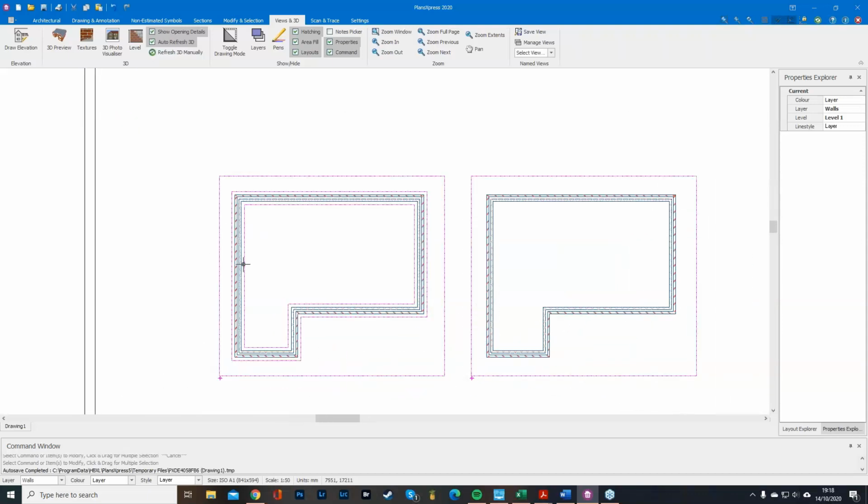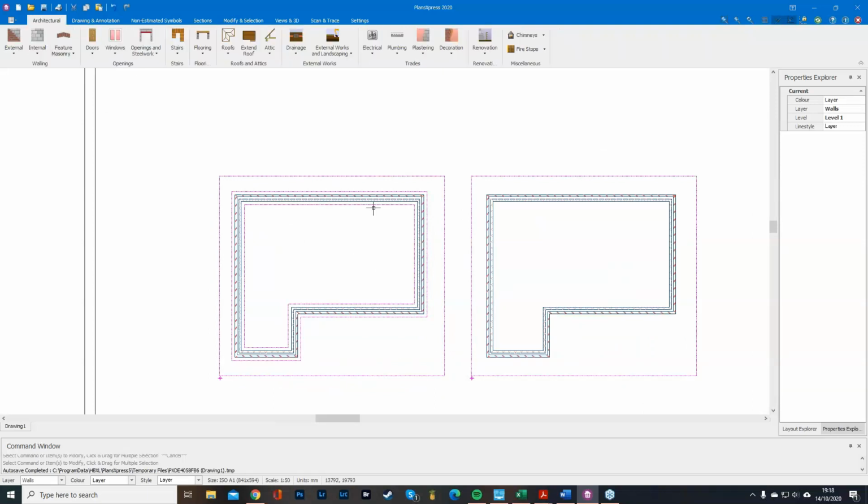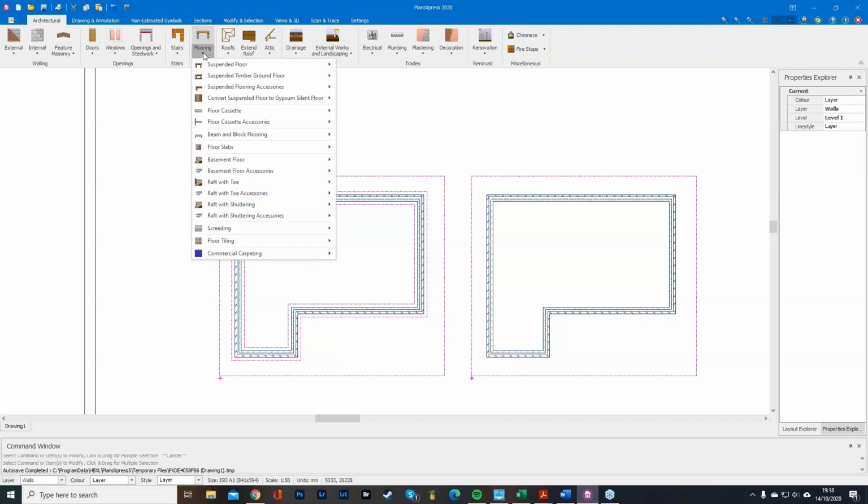Once you're here, you can then start looking at your internal works as well. So firstly, I may want to drop down a slab, a house slab. So I'll go across the top, and then we've got our flooring. I can hit the drop down box, and then we've got suspended floor, floor cassettes, beam and block flooring, floor slabs. Now, as you can see, we've got a bit of a P shape going on here at the moment,